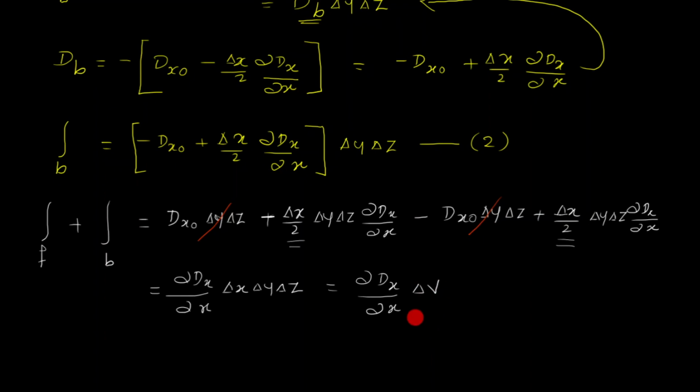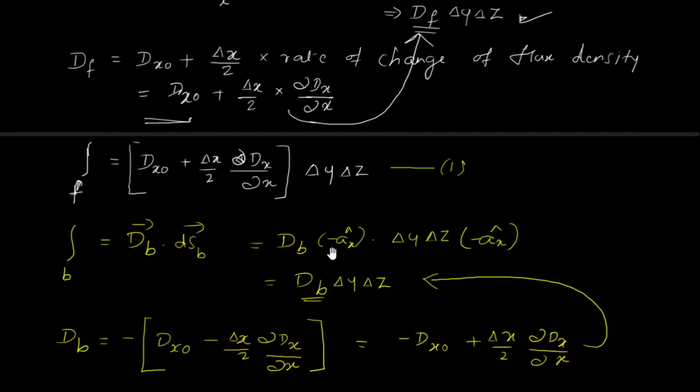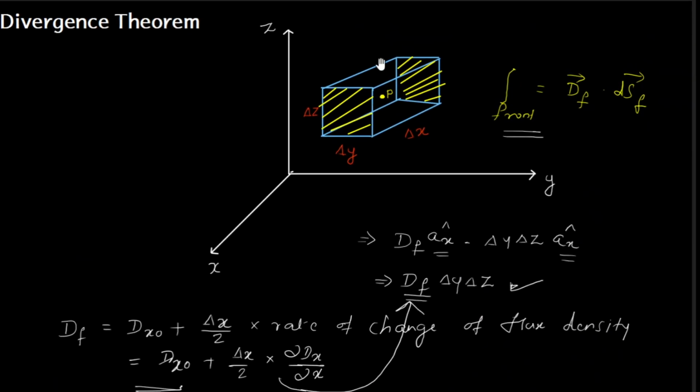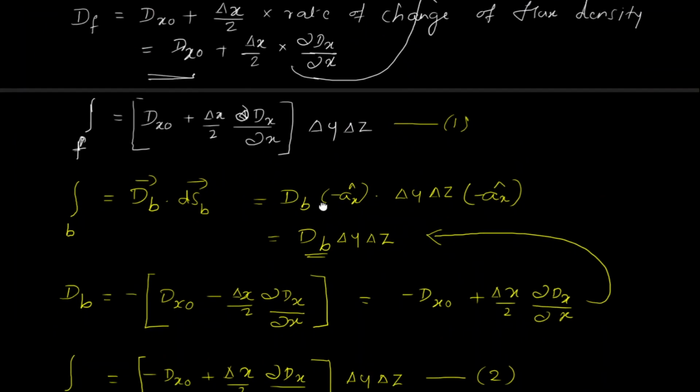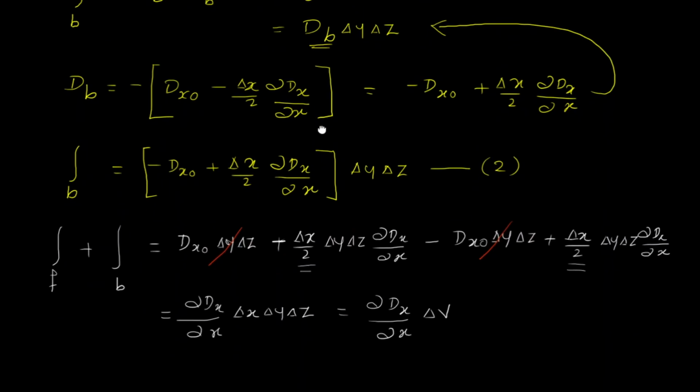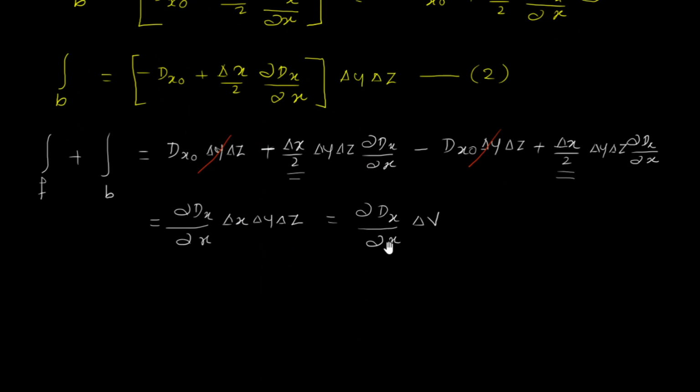Now what will be top and bottom? If I evaluate D dot dS over the top, added with D dot dS of the bottom, top and bottom is along the z axis, as you can see in this figure. I have to first evaluate this surface, then this surface, so this is along the z axis, so that will become the partial differential of the z component of D with respect to z multiplied by volume.